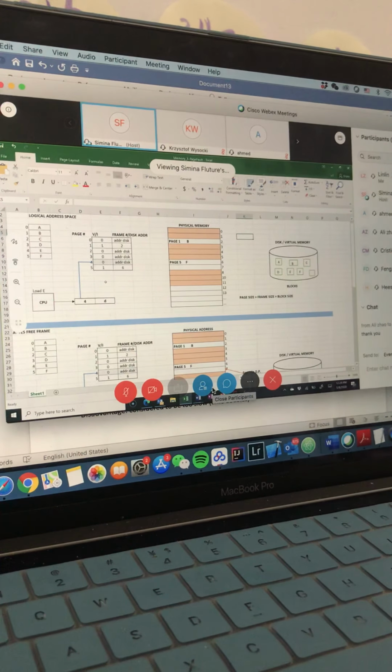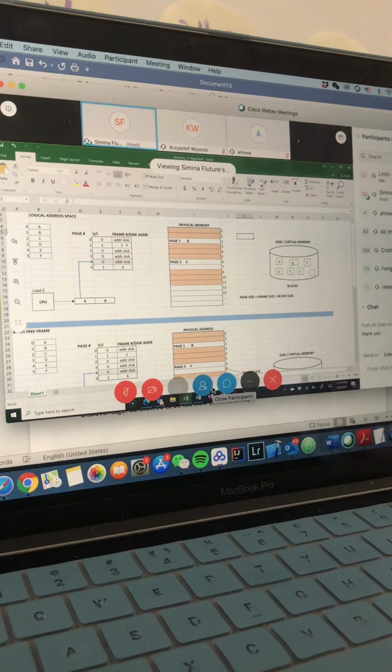So right here we can see that we consider that the process already started executing. It did some execution, and through its execution we had 2 references, one to page 1 that contains variable p and one to page 5 that contains variable f. These pages are already in the main memory. They were brought in through the execution of the process, and page 1 went into frame 2 and page 5 went into frame 6.